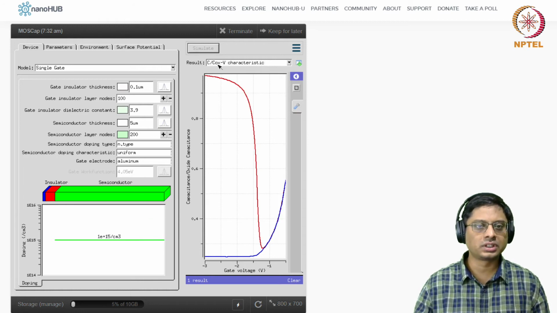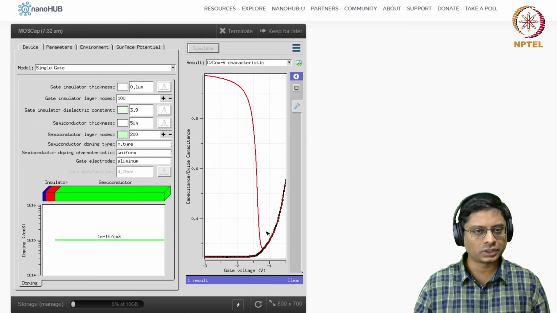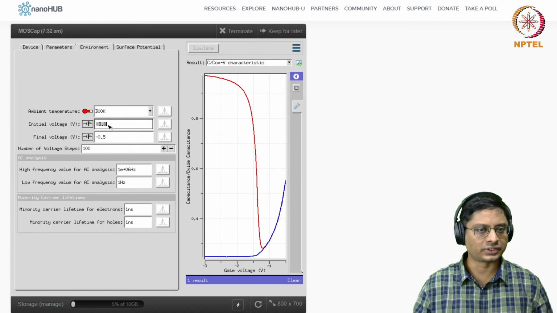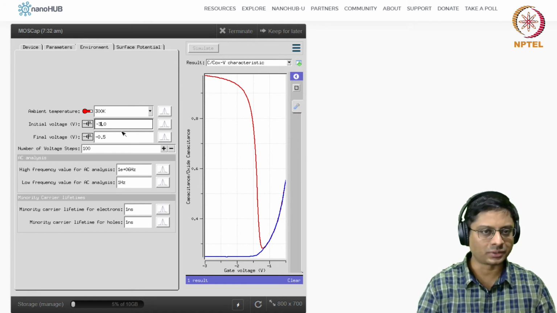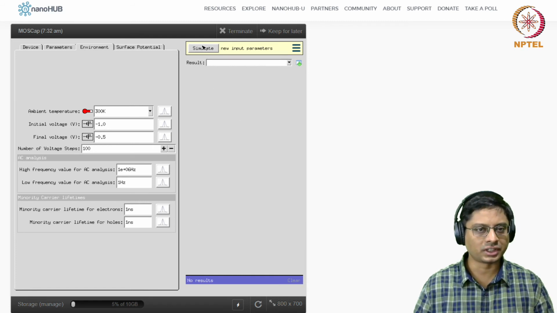Okay, so let's change it a little. I want to go up only to -1. I don't want to go till -3. I'll explain later why. So I'll clear this simulation. I want to run it one more time.